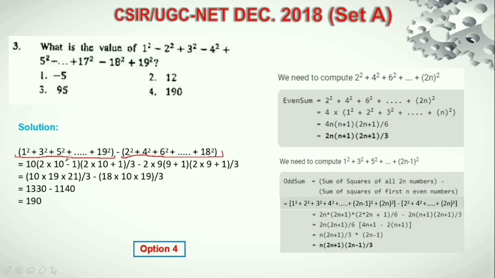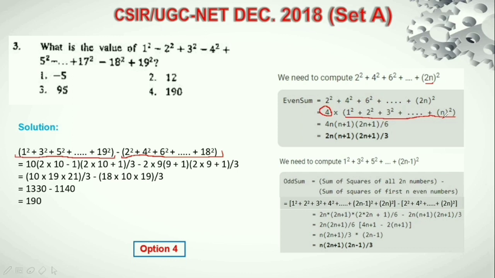Now we have to calculate the sum of squares of the series containing odd terms and the sum of squares of the series containing even terms. For this, we proceed as follows. We consider the sum of squares of even terms up to 2n terms, and we take 2 square as common, that is we are taking 4 as common. So in the bracket we will have 1 square plus 2 square and so on up to n square. Now this given series is familiar to us, so it is basically the sum of squares of the first n terms,